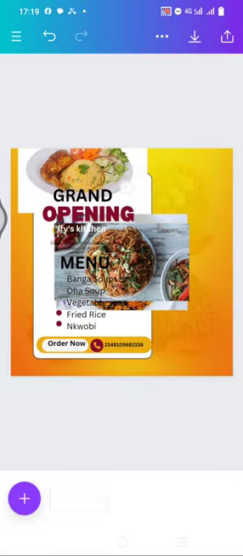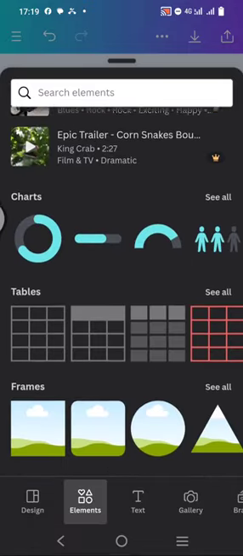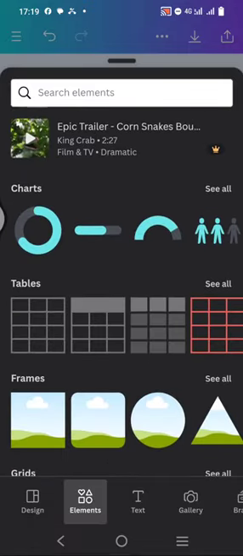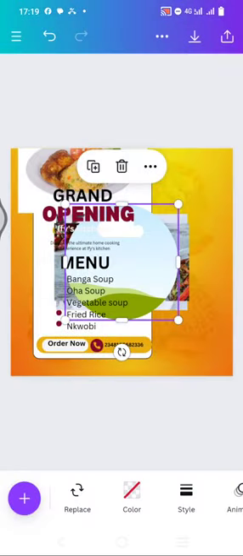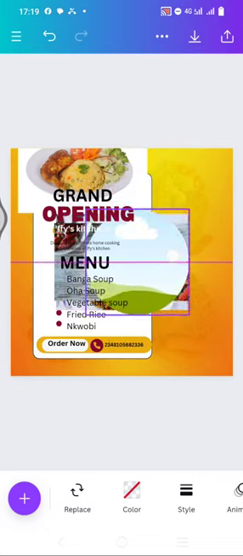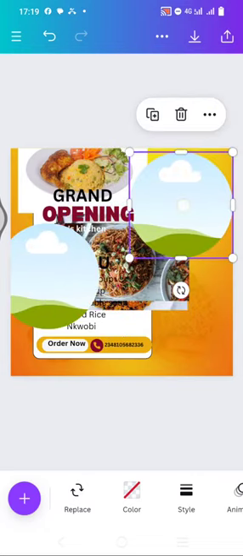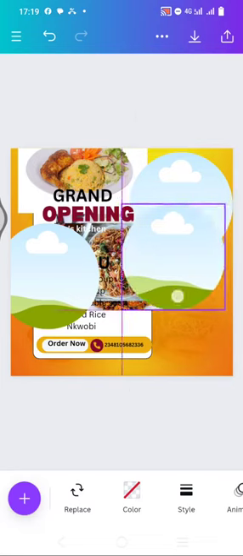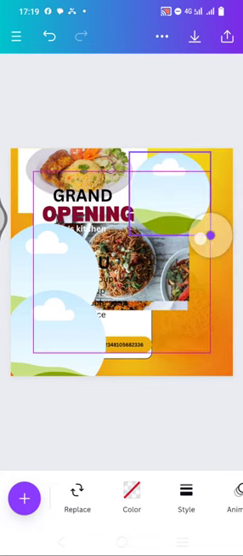So shape down here where you have frame, so you click on this one. You can duplicate it. So you have it. Adjust it to your desired size,